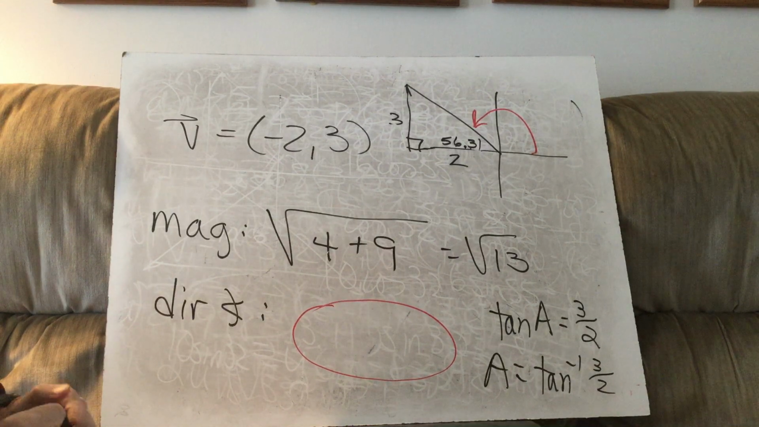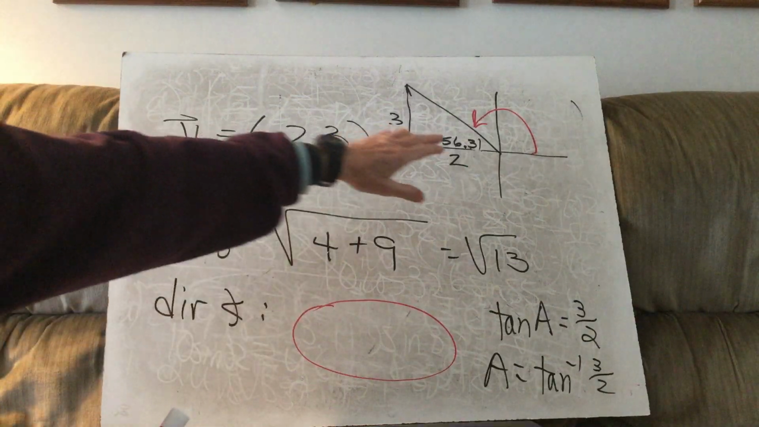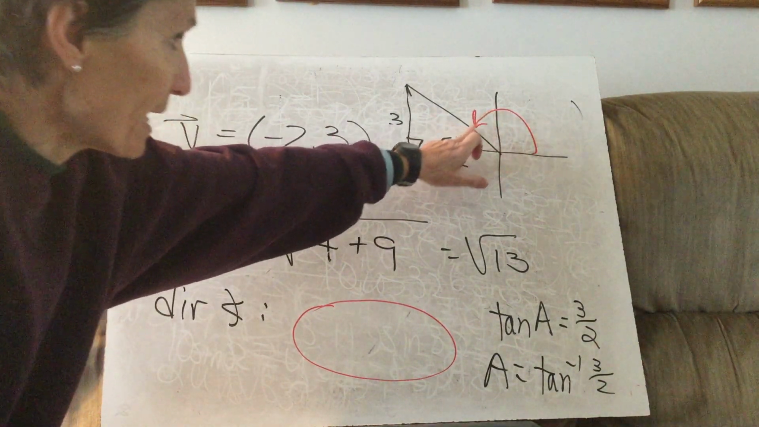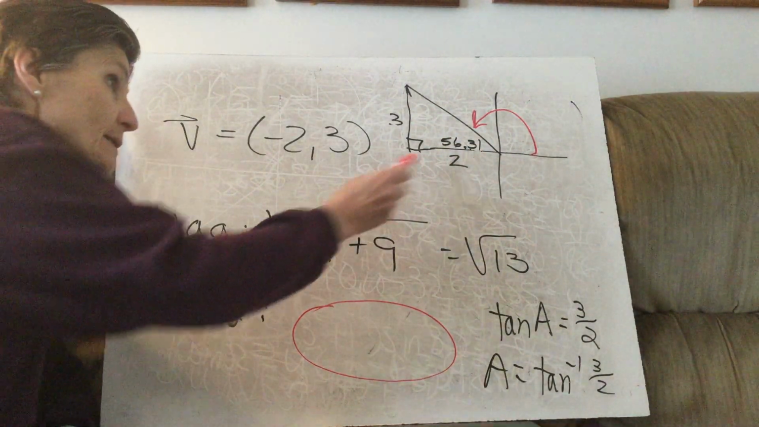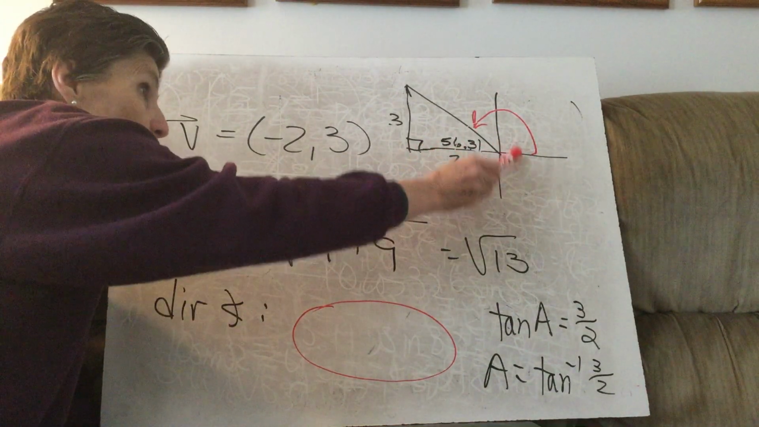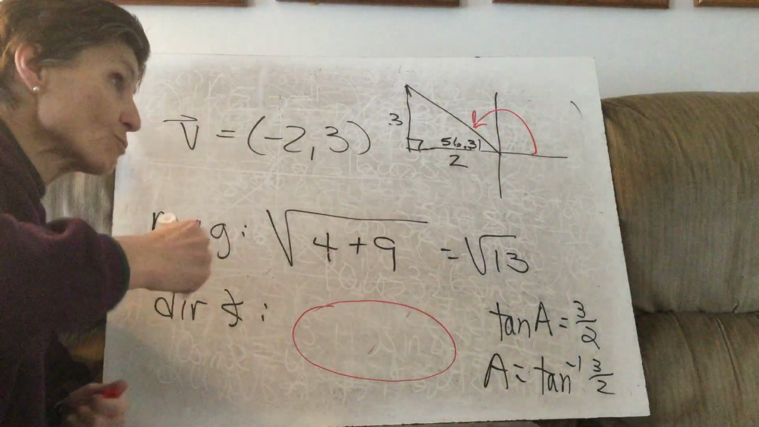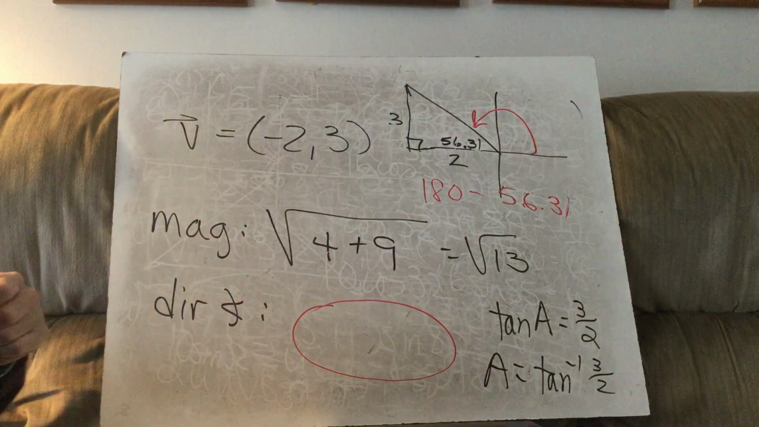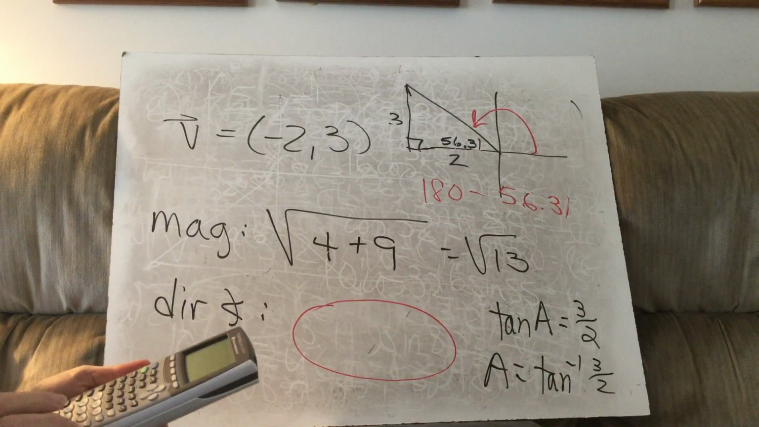Now, if you put 56.31 as the answer, you're not going to be totally right, because the answer has to be the angle that comes around to quadrant 2. It has to be this big angle right here. So how are we going to find that angle? Well, this is 180 right here, right? We didn't quite make it to 180. So to find that, we're going to do 180 minus 56.31,